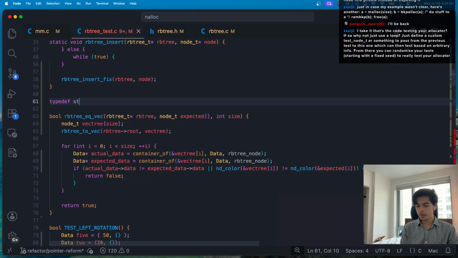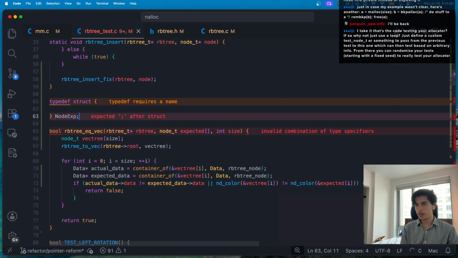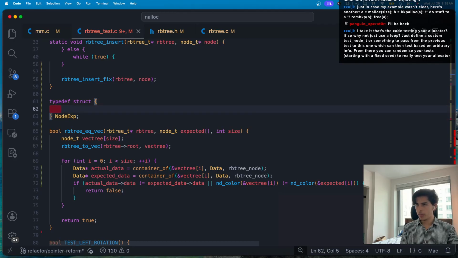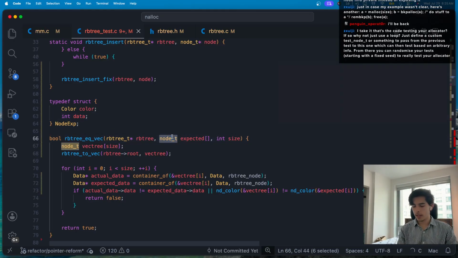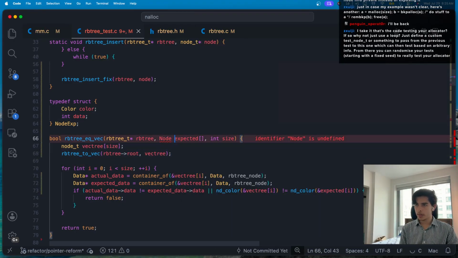we can typedef some sort of structure. This is going to take a different shape, of course, right? We're going to call it a node expectation. And all it does is store two fields, the two fields we care about, right? So the first one being something like the color of that, so color, and the second one being the actual data, right? So int data. And so that way we can just simplify things and say the node of expected is just going to be,